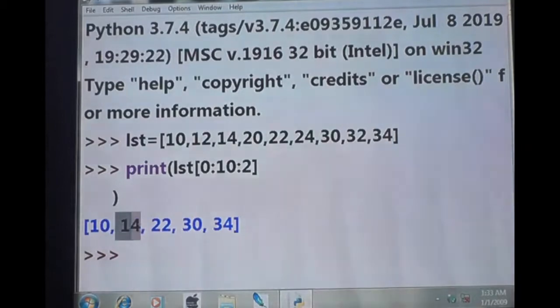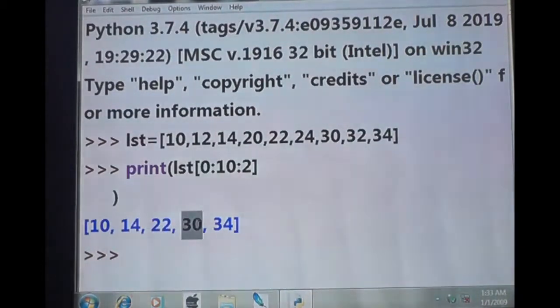And the 14 தான் இங்க இருக்கு. Okay? So from the 14, 2 jump. 1 jump, 2 jump. It is 22. அதுதான் இங்க இருக்கு. So from 22, 2 jump. 1 jump, 2 jump. 30. And that is here. From 30, 2 jump, 1 jump, 2 jump, it is 34, that is here. Got it? So you have to start by 0th index, that is 10, you can see here. And every increment by 2 you get the answer.